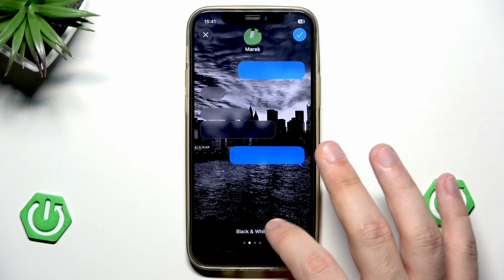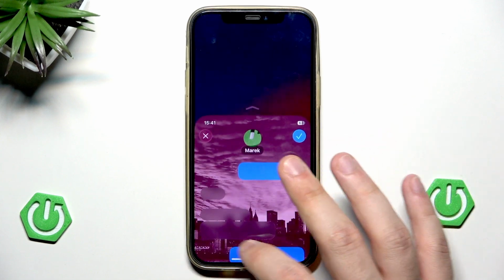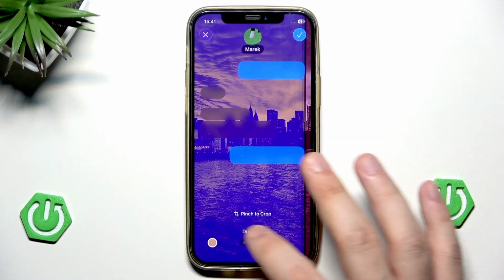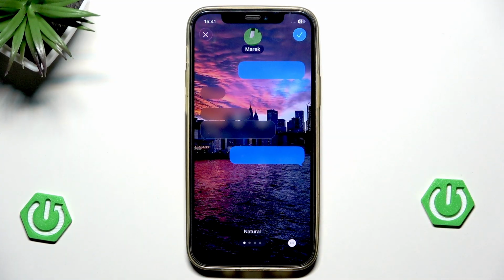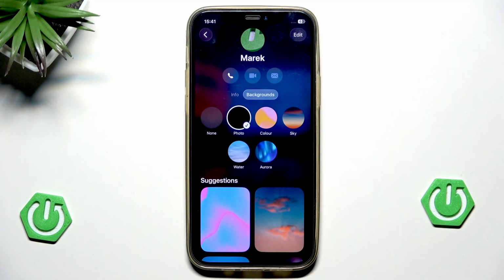Of course, we can change the colors into Duotone, color wash, or black and white. I'll stick to the natural. In here we have a preview how it's going to look like. Now click on the button on the top right corner,